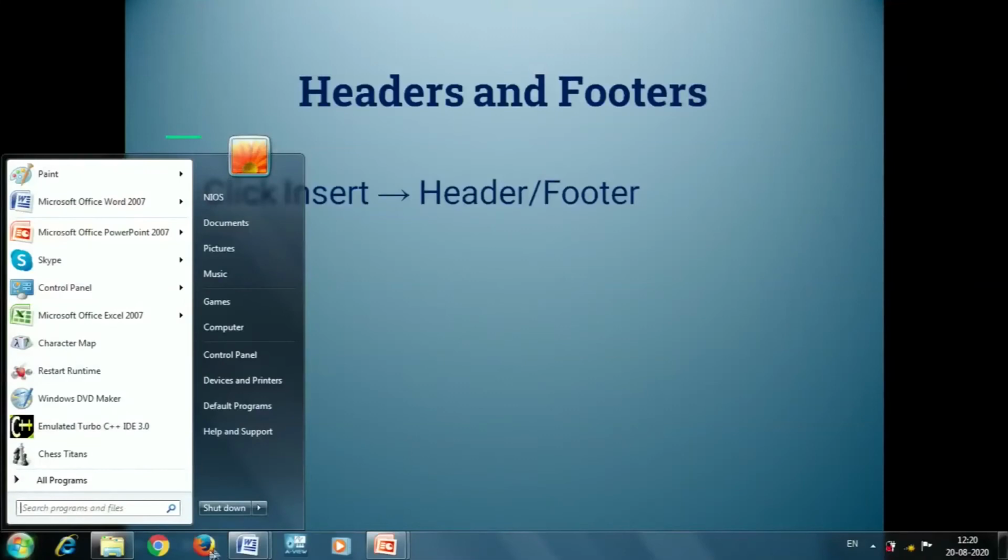We can also insert header and footer to our document. The header is the one whose content will be there in all pages. Suppose I want to insert some heading to my document, and the heading should be displayed in all the pages. Then what I can do, I can insert the header. Or if I want to insert page numbers, I can insert them in footer or header. So, if I include a header or footer in my document, and I take the printout of the document, that content will be displayed in all the pages. So, we will see the demo of how to insert header and footer in our document.